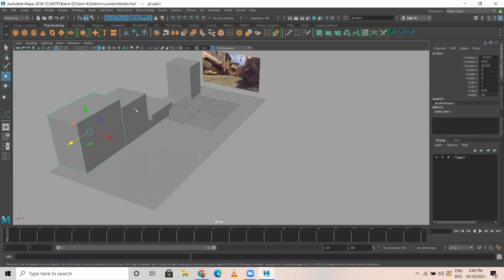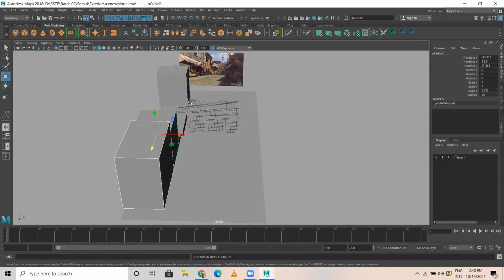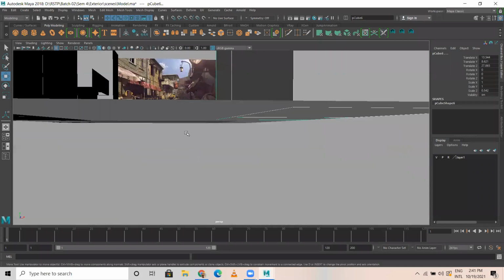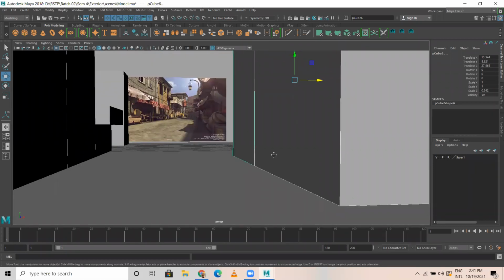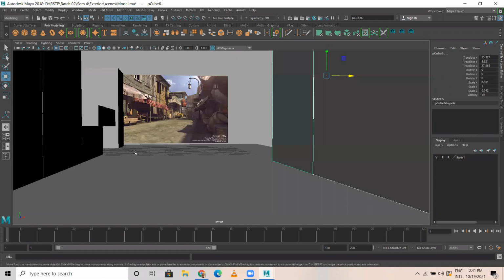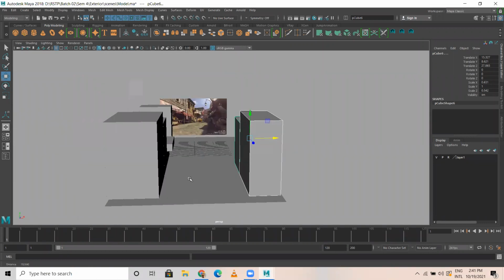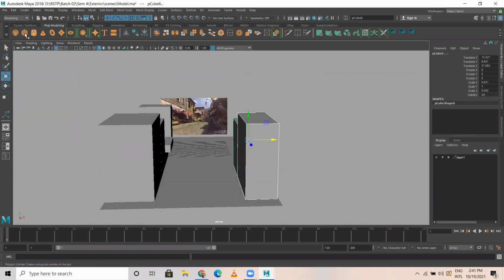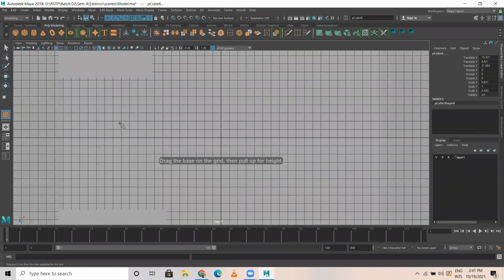So what I'll do is I'm gonna duplicate this and I'm gonna place this here. Okay, so you got a road, and this I'm gonna place a little bit on the other side, so that I would like to have a canopy here.